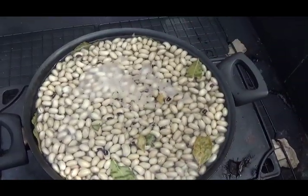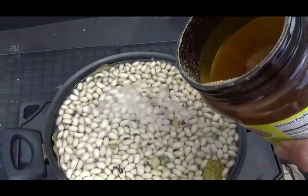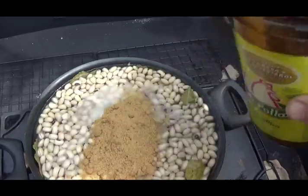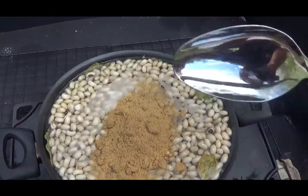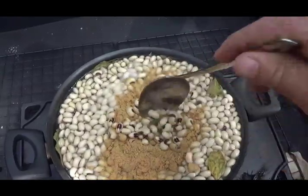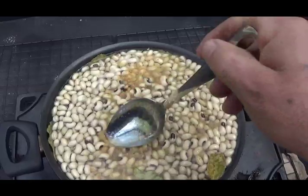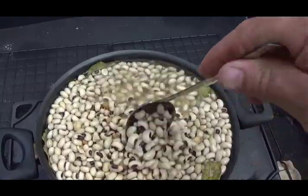So I'm going to give it some chicken bouillons. 1, 2, 3, 4. And a little more. I'm going to cook it in this. My really big spoon. That'll mix. It's hard to say if this will cook today. It should be kind of sunny. I think there's maybe a 30% chance of rain,